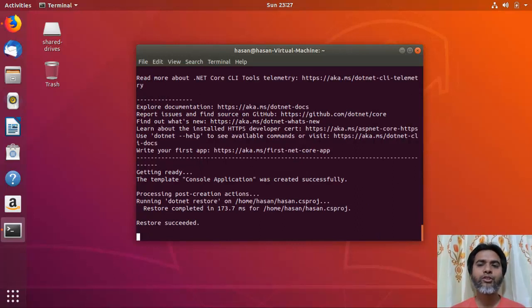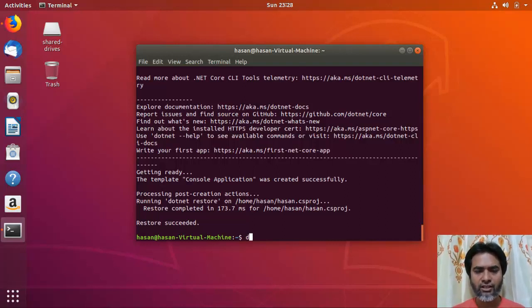Next time I'm not going to host any of my applications on a Windows virtual machine, so I can save money. Because you know Windows is not free. Actually you have to pay a license fee for Windows. But Linux I can use freely and it's cheaper. So why not try ASP.NET Core in Linux.